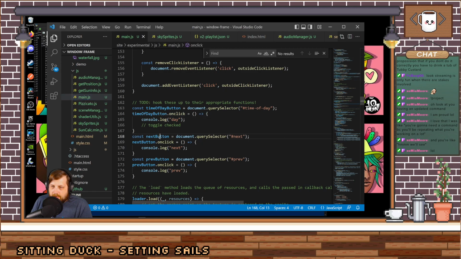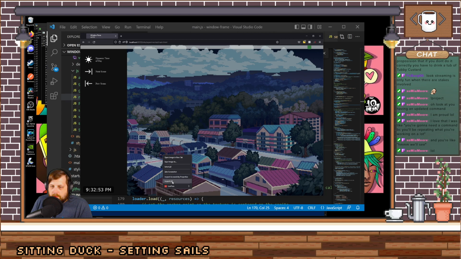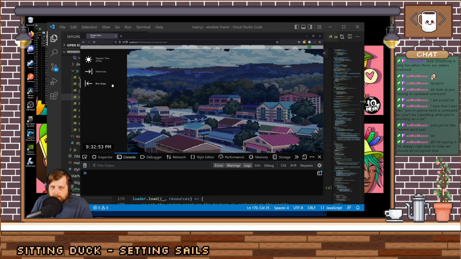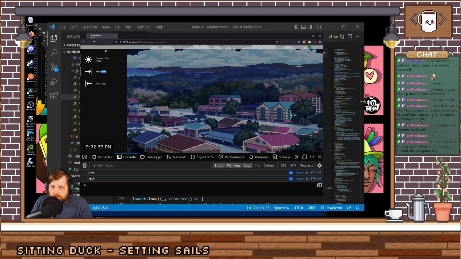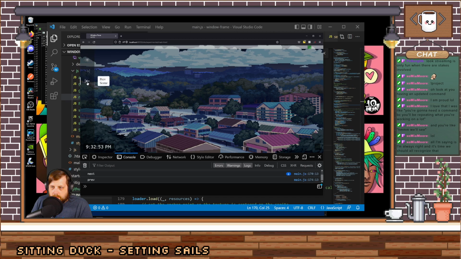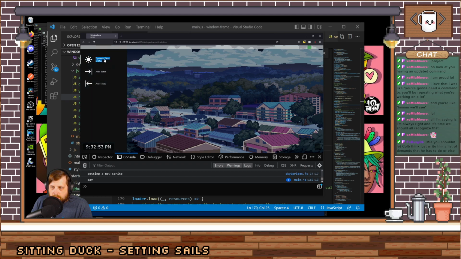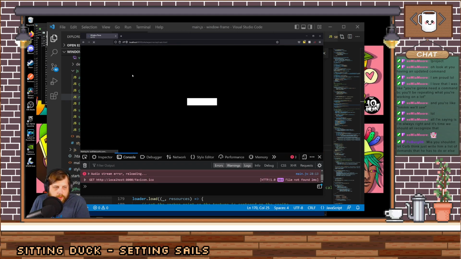Time of day button, next button. Okay, so that's right. We did do this at the end of last stream. So if I go to the console, I clear this out. If I click anywhere in this, it says it. If I collapse it and do it, it's still doing it. Now, time of day is the interesting one. So if I refresh,